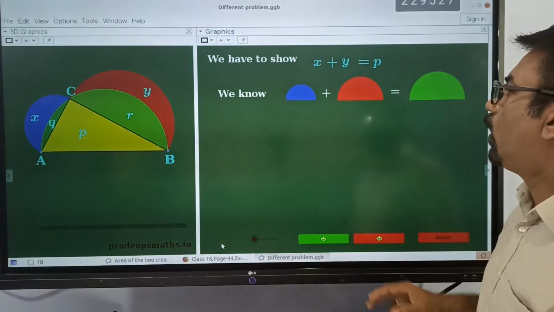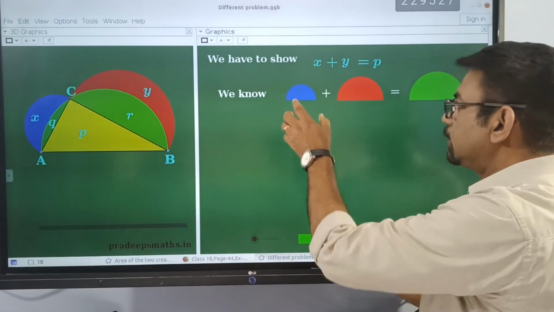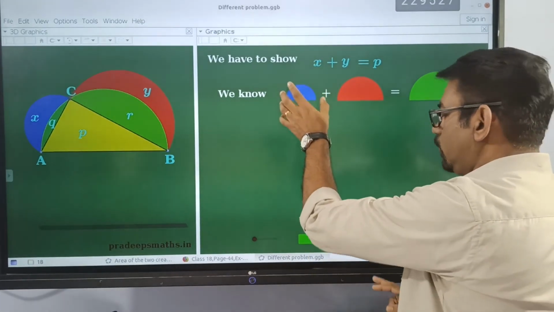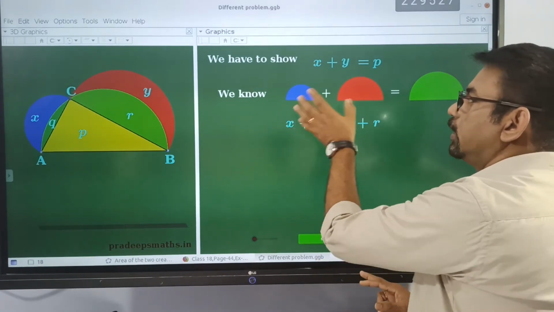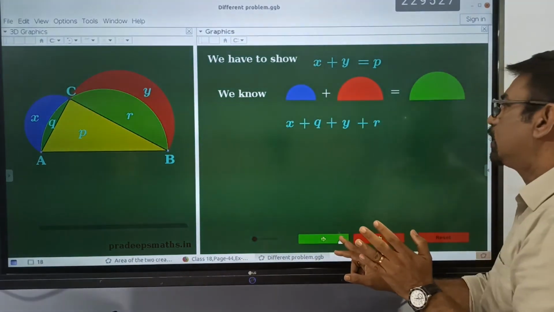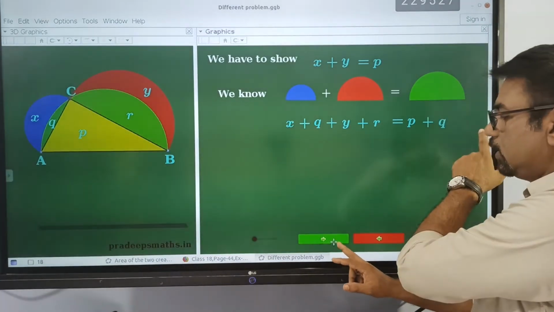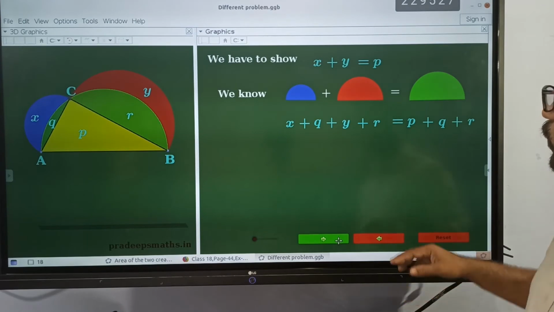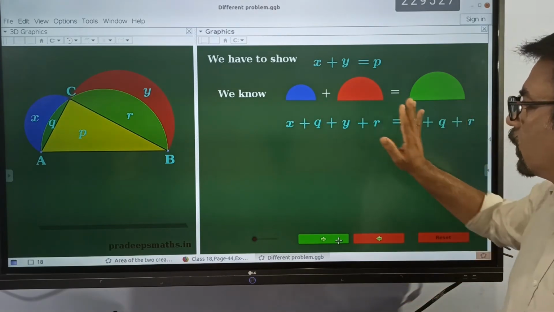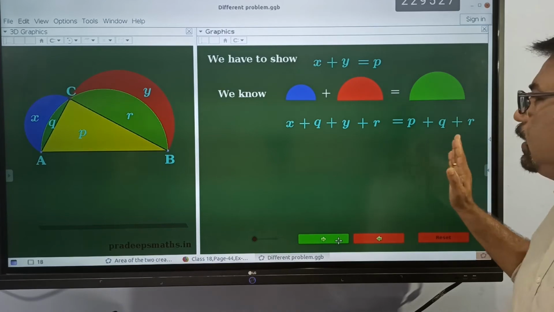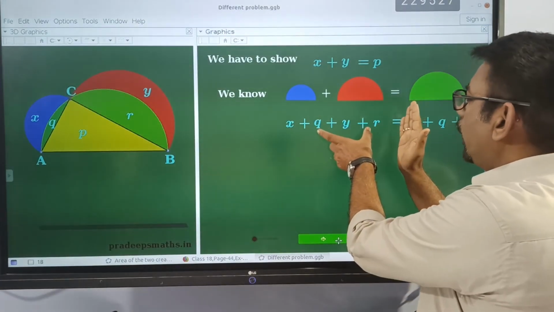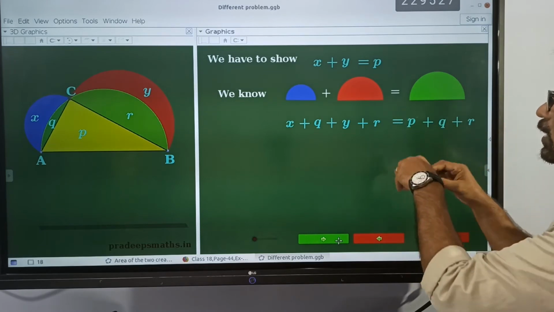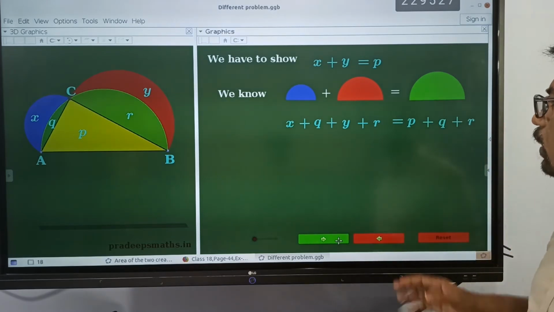So what is the area of this blue one? X plus Q is the area of this one. Then Y plus R is the area of this red one. And what is the area of this green one? P plus Q plus R. So we have an equation in which two terms are common on both sides: Q and R on the left side, and Q and R on the right-hand side also. Cancelling out these two common terms from both sides,